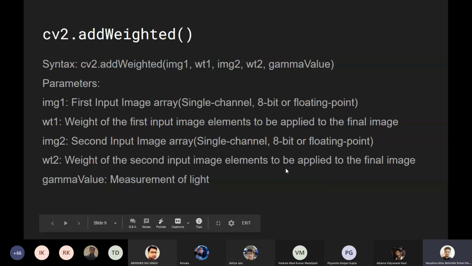Yeah, so moving on to some functions of OpenCV. This is the addWeighted function. This is used if you want to add two images. So first, I think I'll show how this works, and then